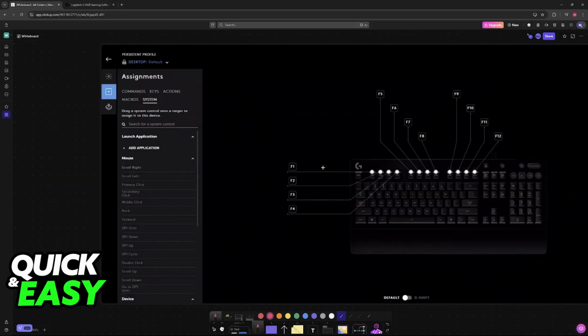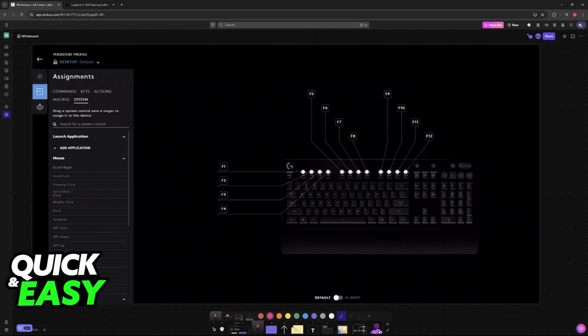Here's an example of how it looks for the G213. You will have plenty of options at the left, so each of these is going to be a specific category, and you can control things like commands, key actions, system options, and macros. You can drag these actions here to each of the keys available, and if you go into the lighting option,